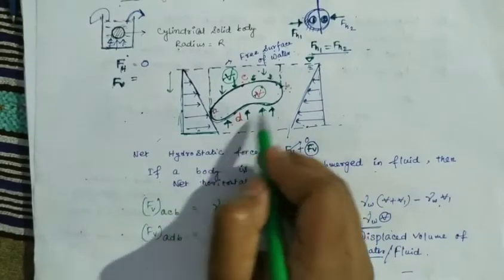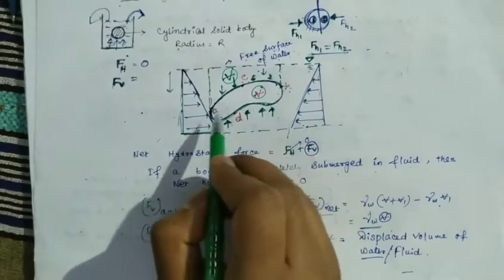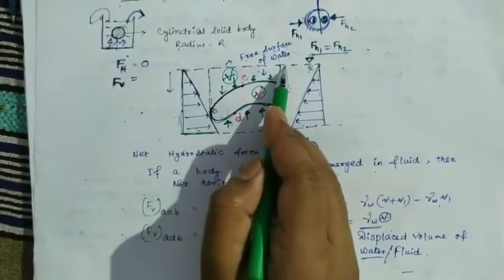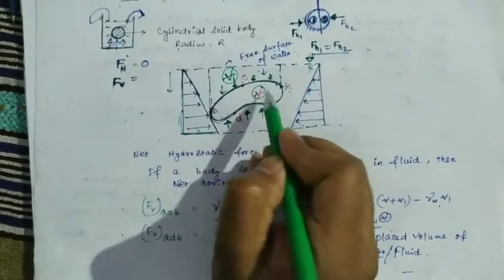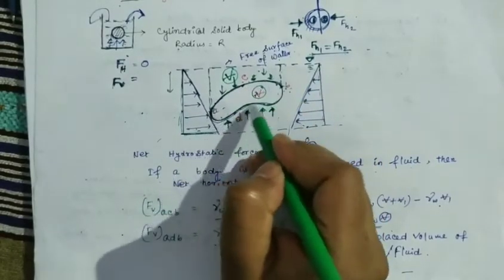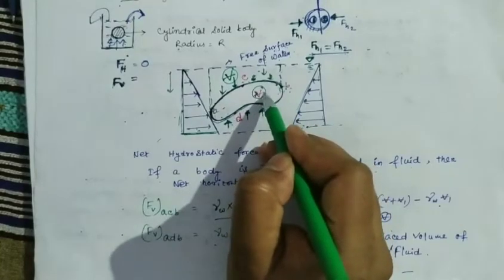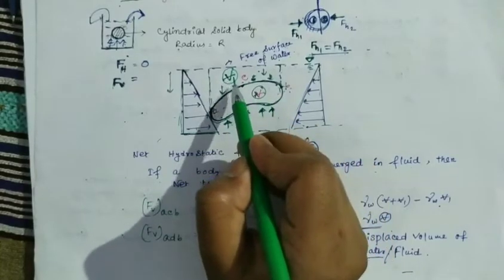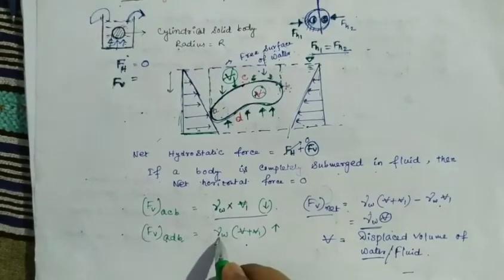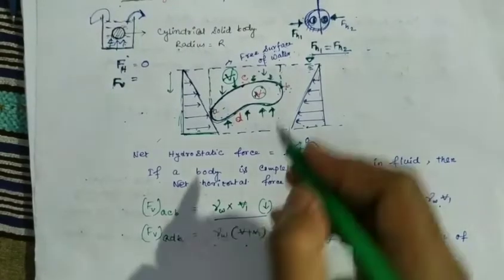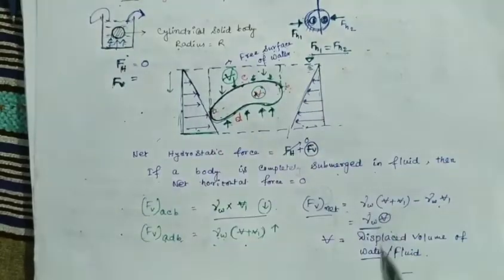So to calculate this pressure also, you have to go upward up to the free surface, and take all the volume of whichever medium comes to you. Now here there are two media. One is the volume of this body, V. Another is the volume of water, V1. So now the vertical force on ADB will be gamma W times the total volume, V plus V1.